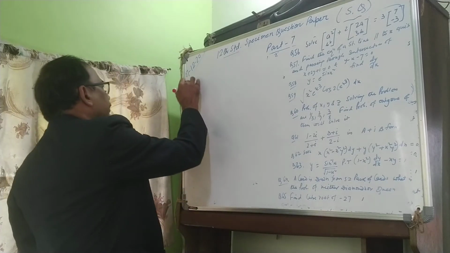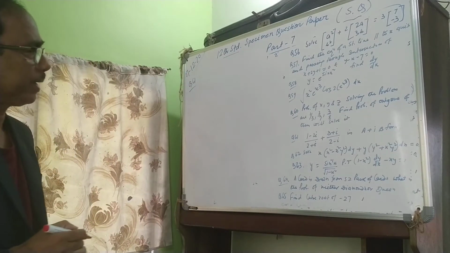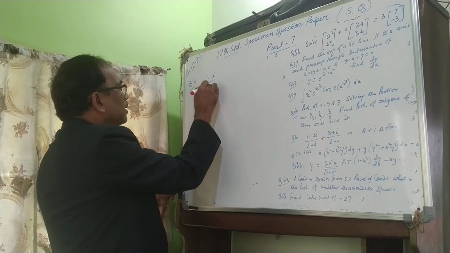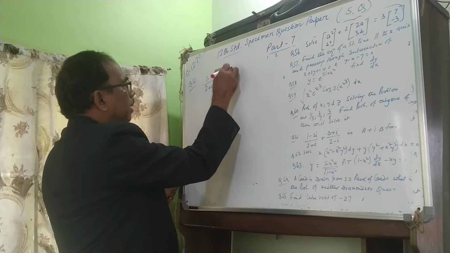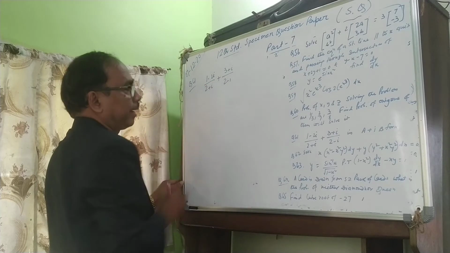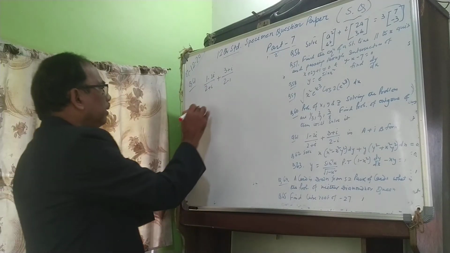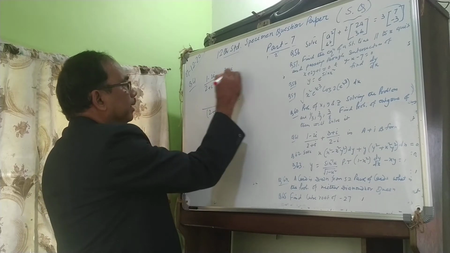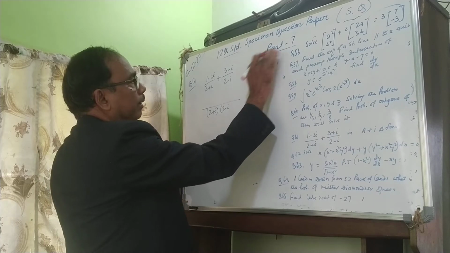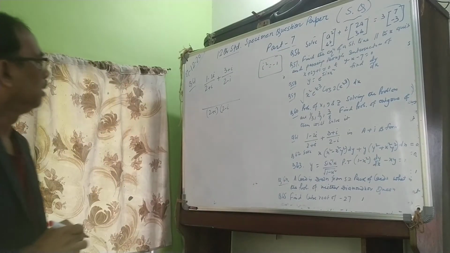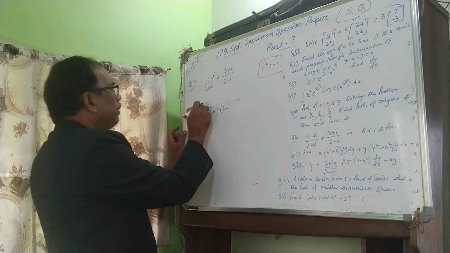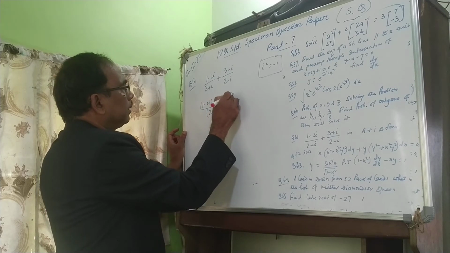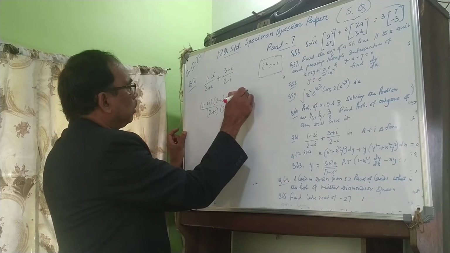Question number 61. It is the complex number (1 minus 2i) by (2 plus i) plus (3 plus i) over (2 minus i) in a plus ib form. Now do addition. 2 plus i, 2 minus i. Here i square value is minus 1. You should know it from complex numbers. Now this divided by this, so (1 minus 2i)(2 minus i) plus (3 plus i)(2 plus i).